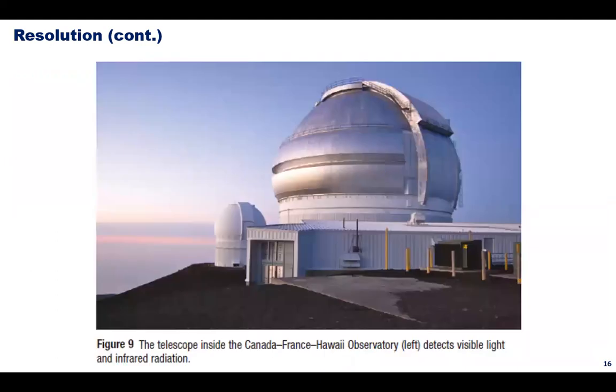Most observatory telescopes use curved mirrors, which is shown here in figure 9. Astronomers use the telescopes with the largest mirrors to view the most distant objects, not only because they collect more light,